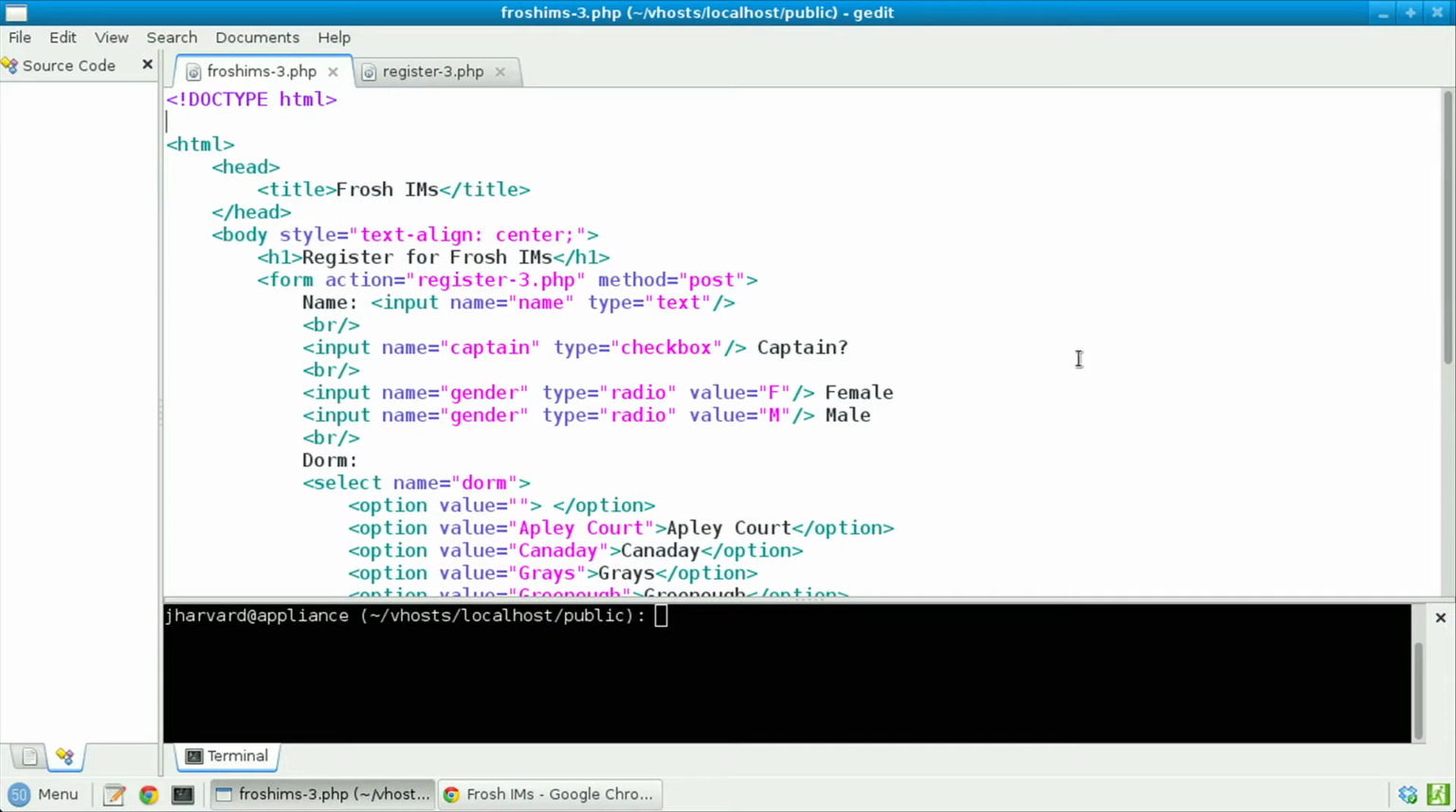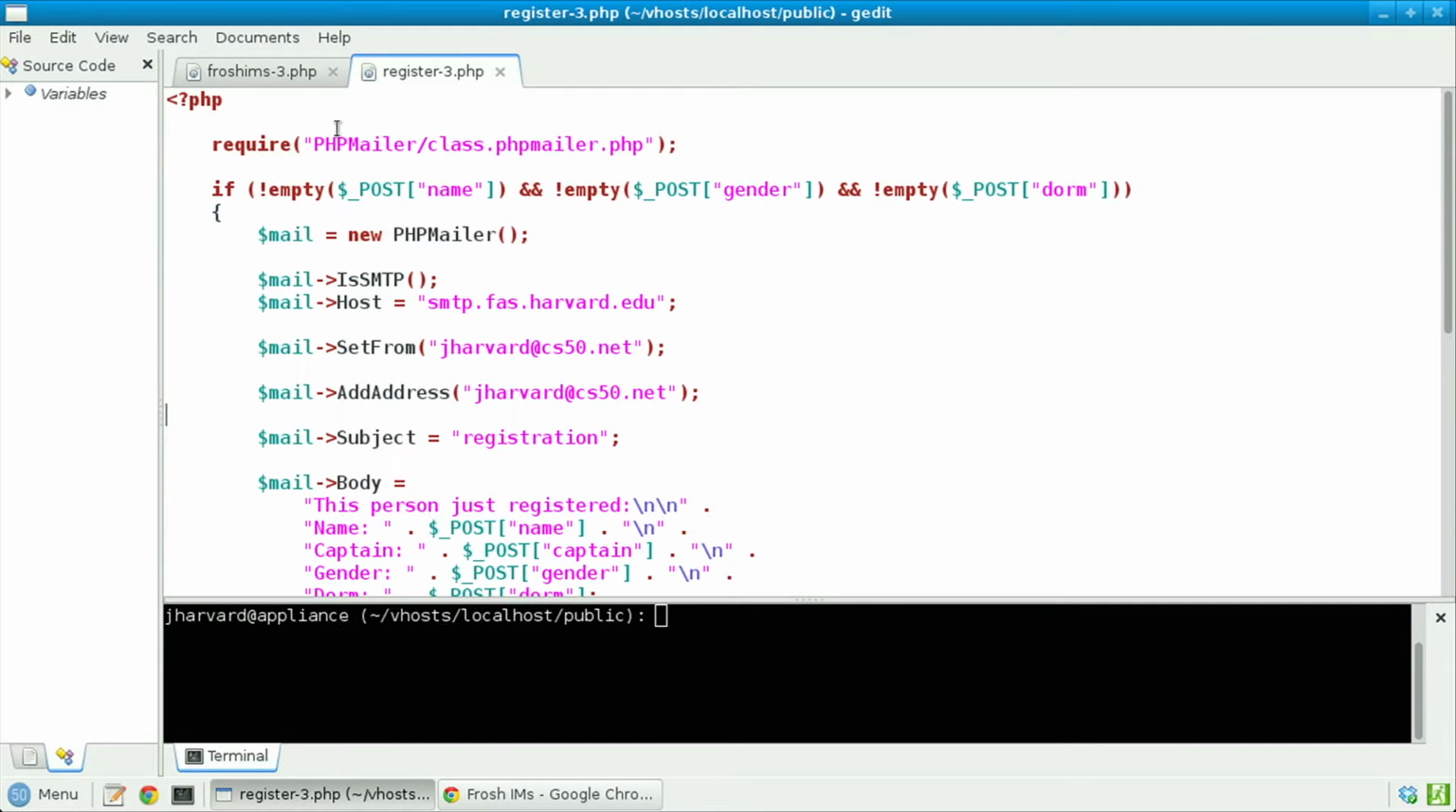Let's improve upon the website I'm making, via which freshmen can register for intramural sports, by emailing them when they have registered. How to do this? Well, here in froshims-3, notice that the only change I've made now is to update the value of action to register3.php. In register3.php now notice that I'm first requiring a file called